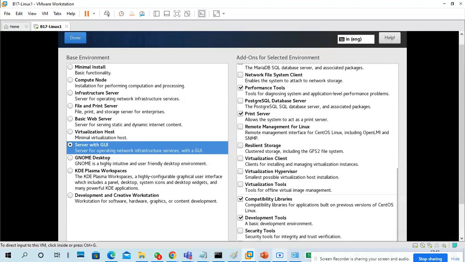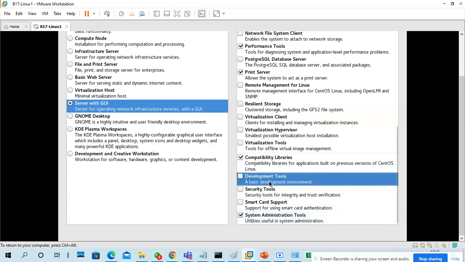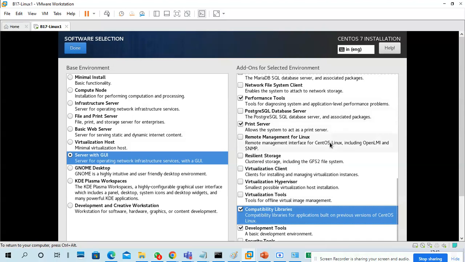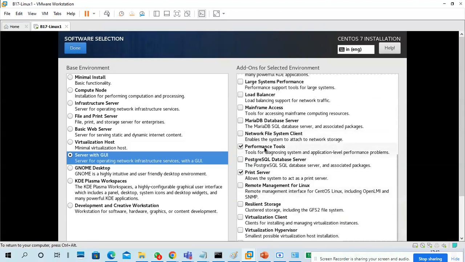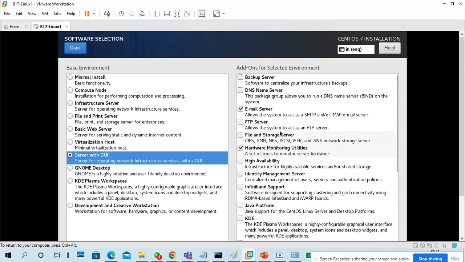So again, administrative tools. System administrative tools, development tools, compatible libraries, print server, performance tools, hardware monitoring utility, and email server.